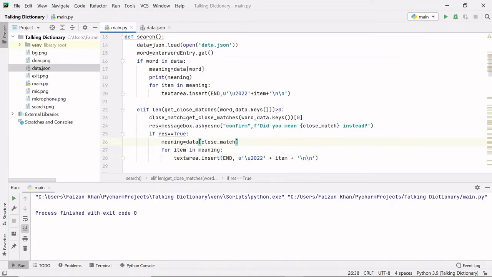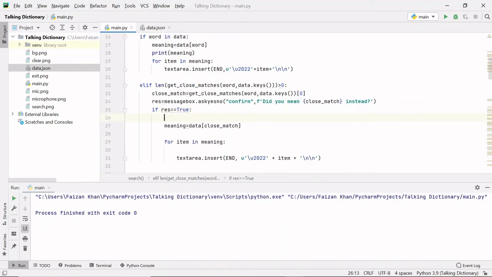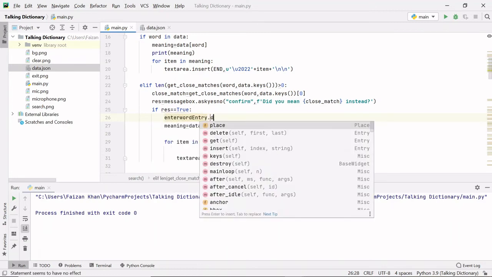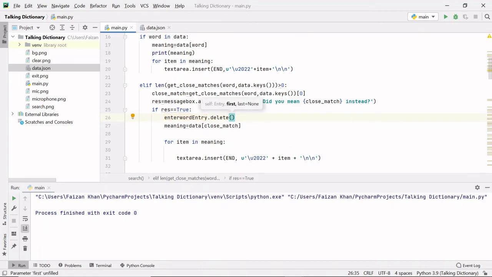Let's do that. If you select yes, I want that wrong spelling which is written inside the entry field to change to the correct spelling. For that, we will simply delete the wrong spelling from the enter word entry field. We have a delete method inside this entry class. We can use that with the help of the object name of the entry class, and you can mention from where to where you want to delete.